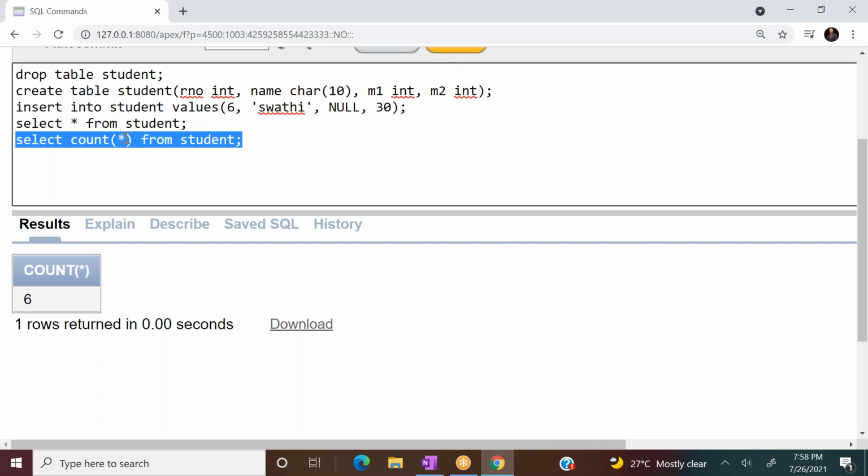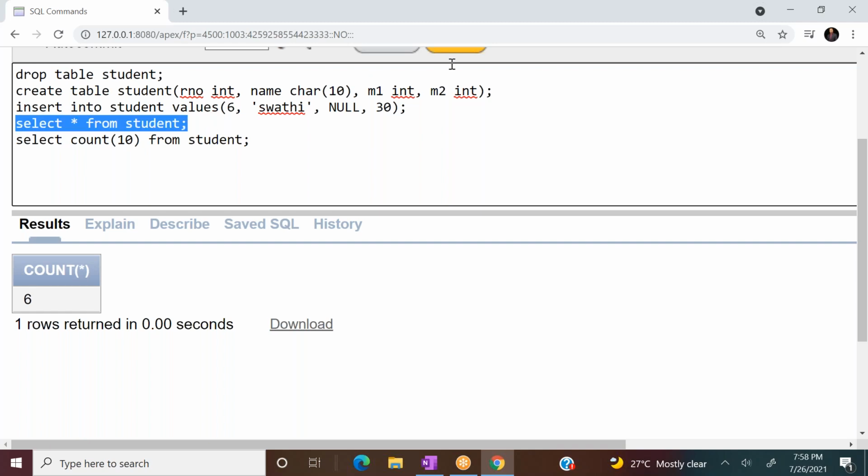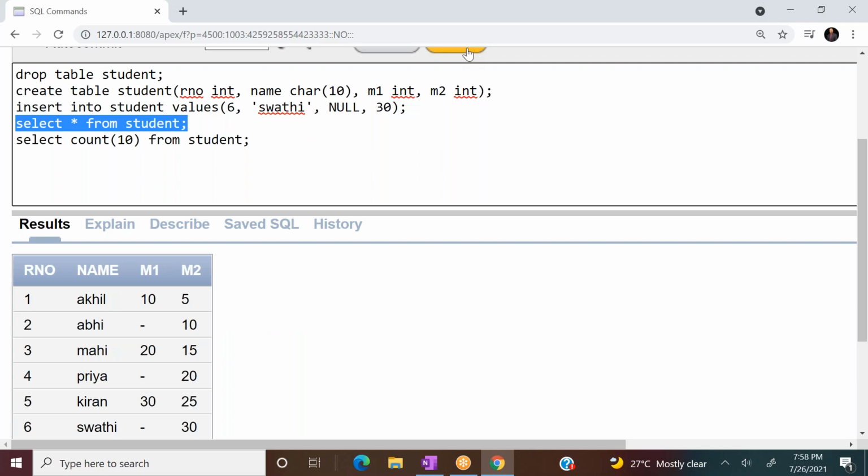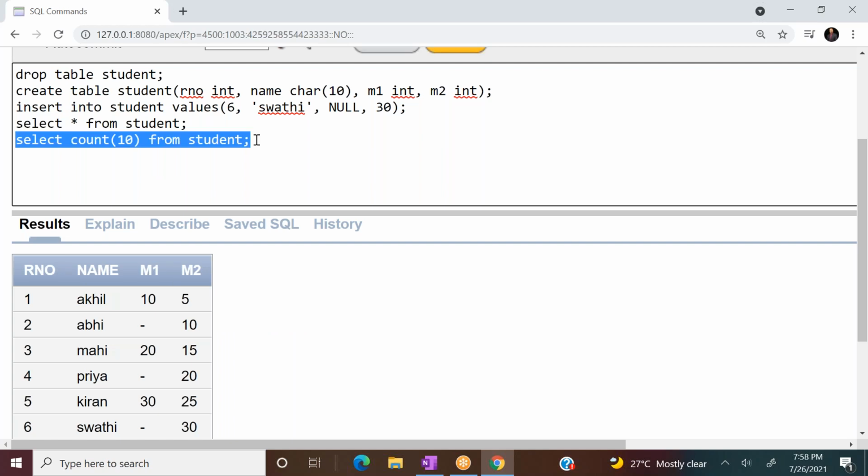Now if I write count of 10, what is it going to return? Let me display the table. What is the output of this query? 2. Why 2, Naga Karthik? Why 3, Surendra?